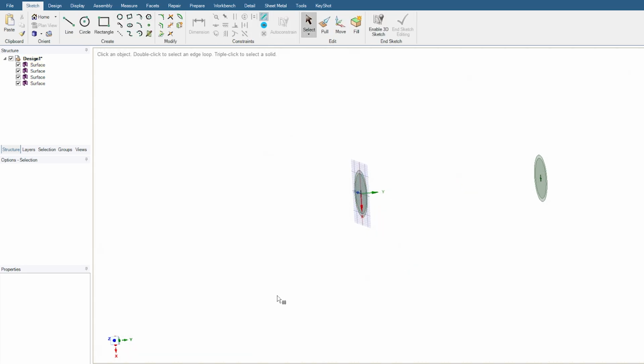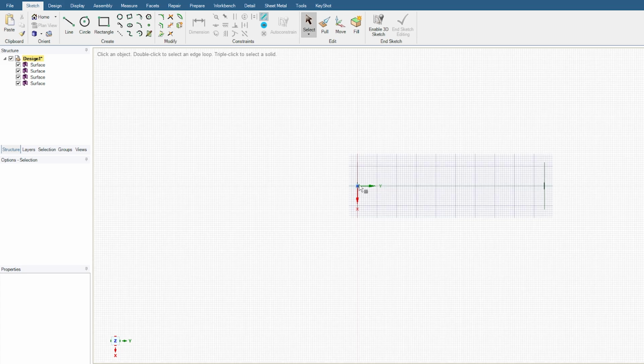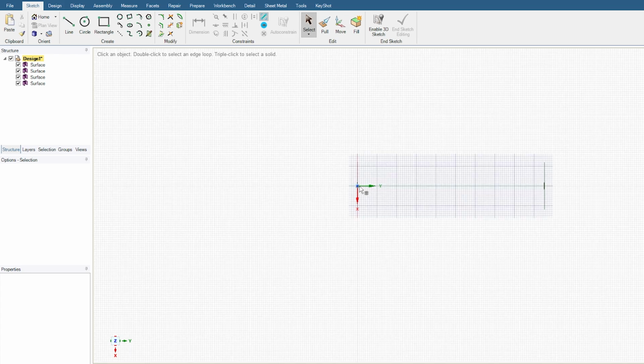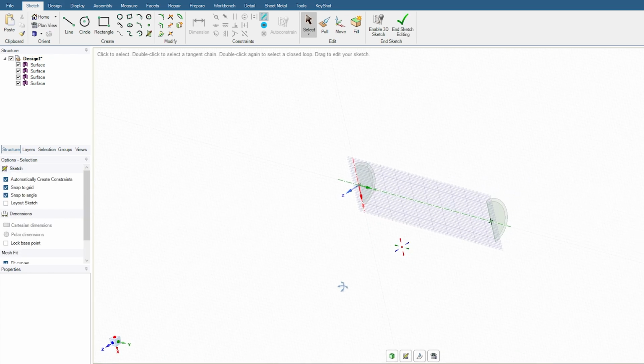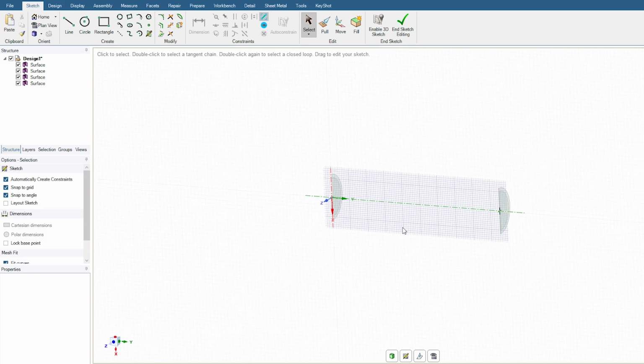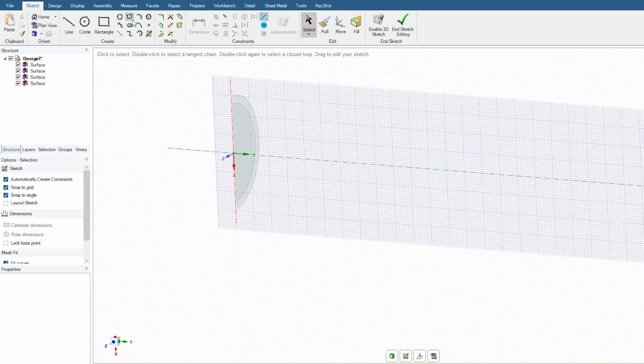So now we will take a sketch plane cutting through the circle in the middle along the y direction. So here we can see the cutting plane,